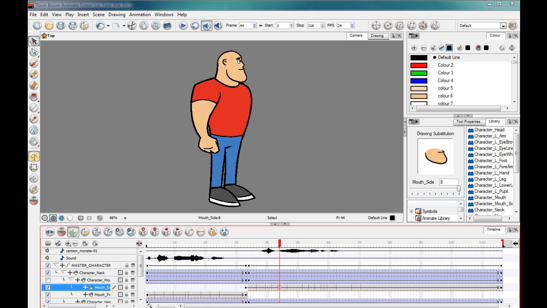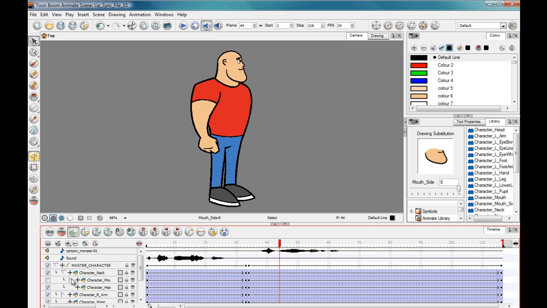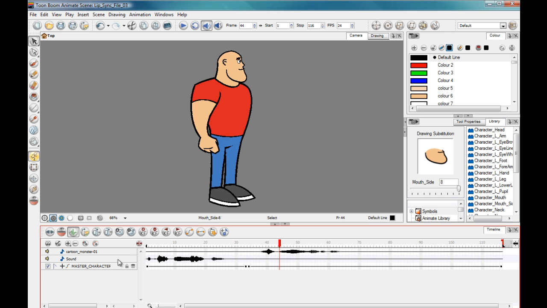So I'm just going to close down this file now, just so you can see that everything's neat and tidy. So we've got the character in the peg, so we can move this around, resize it, do as we please. And then we have the audio there. This is where we split it. Remember, this was the front view and the side view, but obviously if you're just working in one view, this will just be one